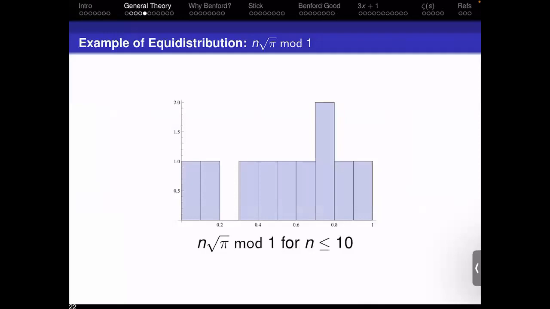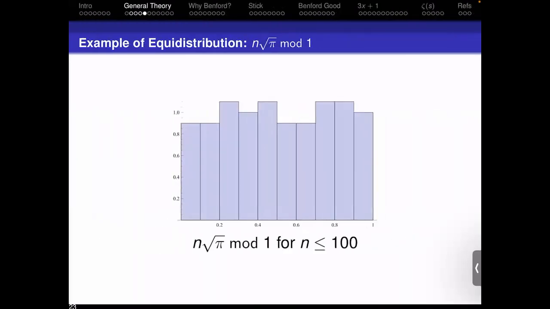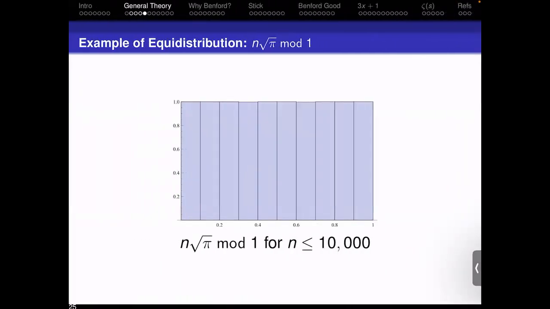Okay, because I do not want to risk running a program live, which is probably a good idea given that we've already had one major technology failure, I just pre-coded one of my favorite irrational numbers, the square root of pi. I looked at n root pi mod 1 for the first 10 values, and you can see that this is reasonably close to equidistributed. If every interval of length 0.1 had exactly one number, you would think I'm deliberately choosing a number to make things look good. So the fact that this is a little bit off is good. If we go up to 100, 1,000, 10,000, you can see the equidistribution setting in very quickly.